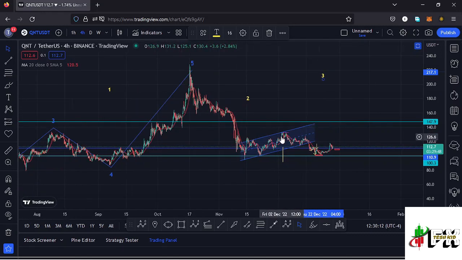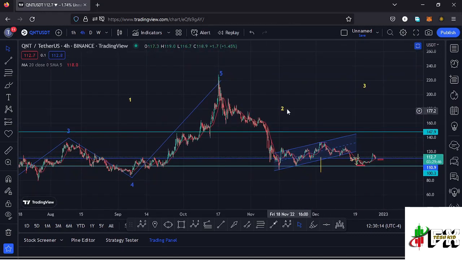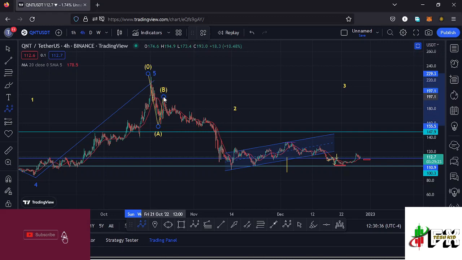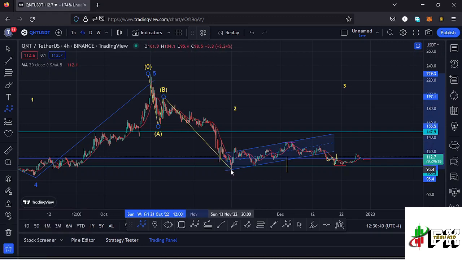And to give you the short-term scenarios that I'm expecting to play out, I'll be basing my analysis on the formation of this second wave, which is a corrective wave, and because of its corrective nature I also expect to see an ABC corrective structure in formation within that second wave. And there are two ways we can have that ABC corrective structure, and I'll start with the most likely ABC corrective structure here on this chart, where we can term these as the wave A. Then we saw the wave B. Then whatever we are seeing over here is the formation of that wave C, making our low at around the